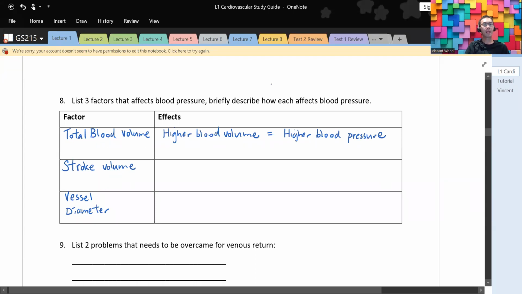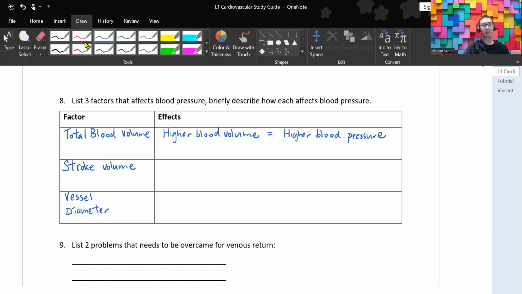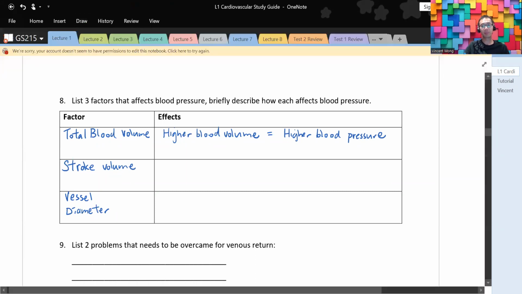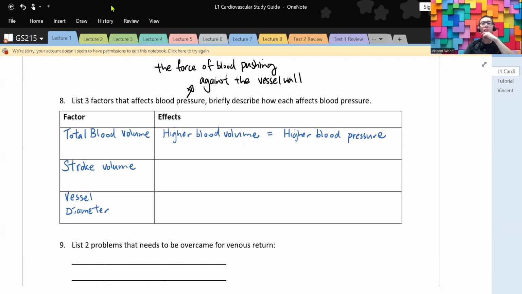Okay, so what is blood pressure? Let's just quickly refresh your memory of what that means. The pressure is basically the force of blood pushing against the vessel wall. The more volume you have, the more blood is going to be pushing, the higher the pressure. Okay? So people who suffer from high blood pressure, one of the medications that they might have to take